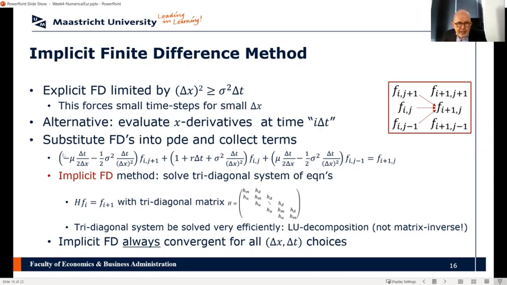So I can solve this, but now, and that's why it's called implicit finite difference, this is a tri-diagonal system of equations,